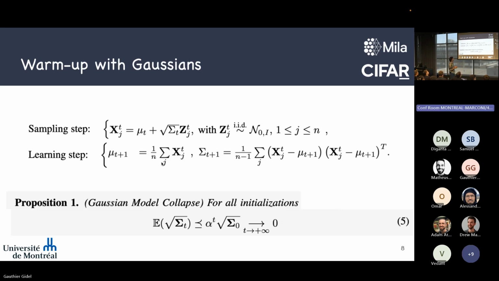What is the frequency of sampling? I'm not sure I understand this question, but at each time step you sample n data points, you learn, and then resample n data points, and this is a sequential process. Would this variance collapse still happen if the generation is conditional, meaning it needs to generate across many clusters? That's a great question. We did a similar experiment on mixtures of Gaussians, and the same thing happens. You just don't have a closed form anymore, so it's harder to analyze.